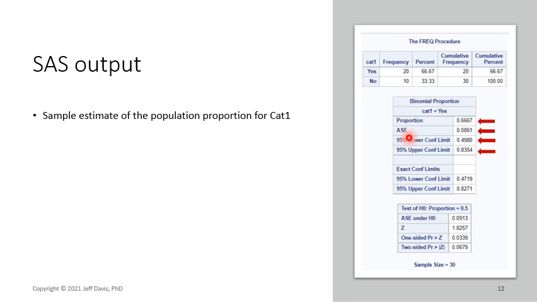That gives us a standard error of 0.08, which is obviously much smaller than 0.67, but that's still a fairly large standard error